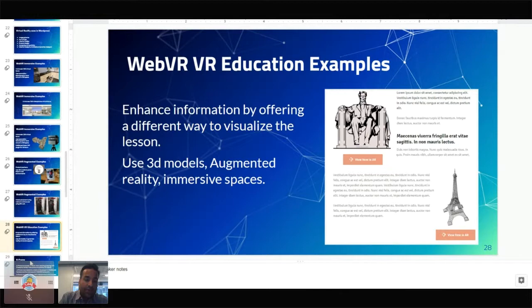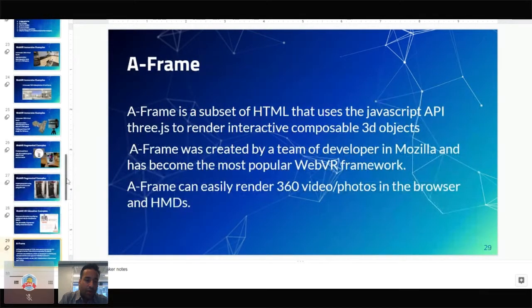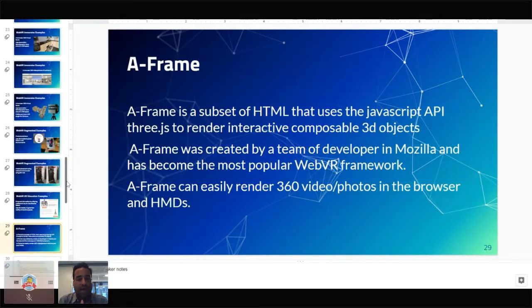So let's get to A-Frame. Now you know the huge potential of virtual reality, which is finally getting the market traction that we didn't have maybe two or three years ago with these new headsets. We know that all the browser makers are on board.